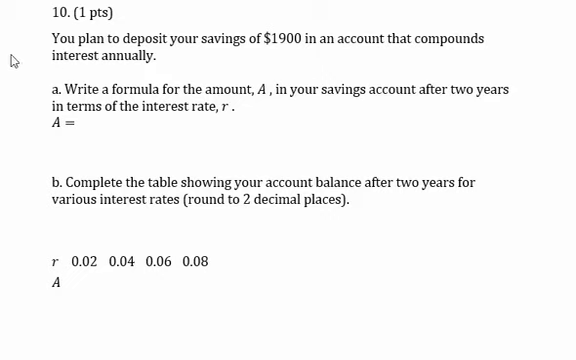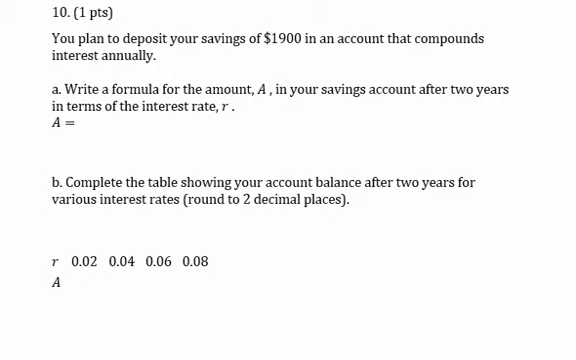This is section 2.1, number 10. You plan to deposit your savings of $1,900 in an account that compounds interest annually. We want to write a formula for the amount, A, in your savings account after 2 years in terms of